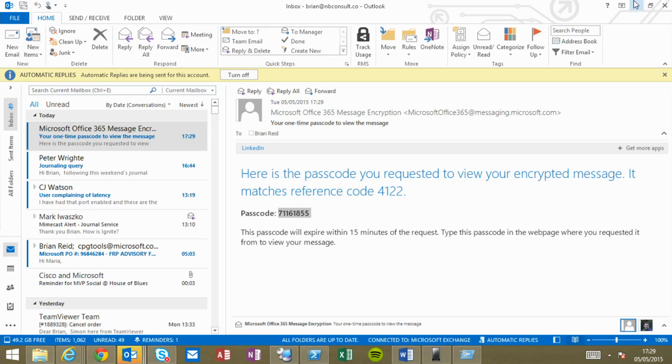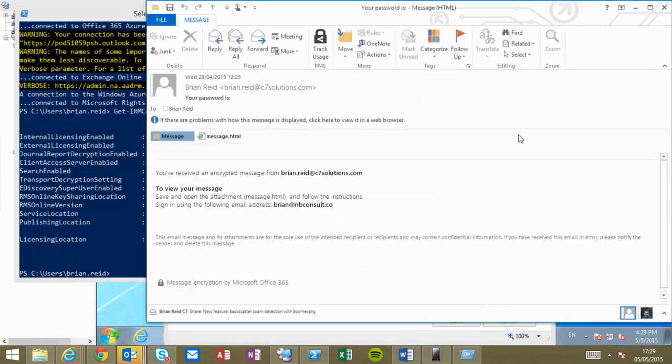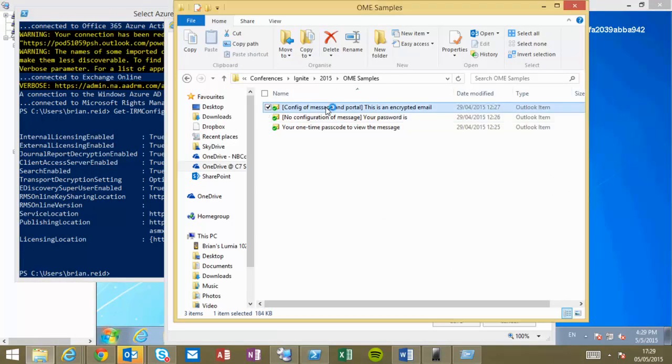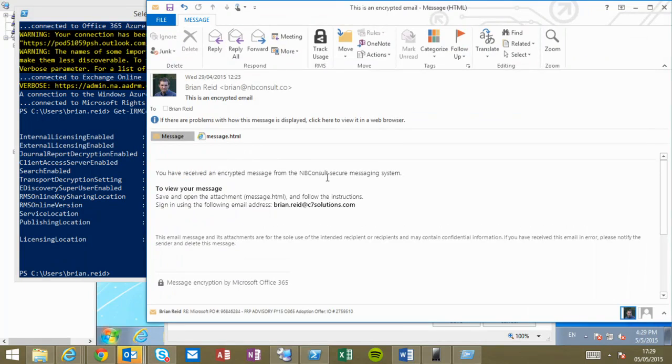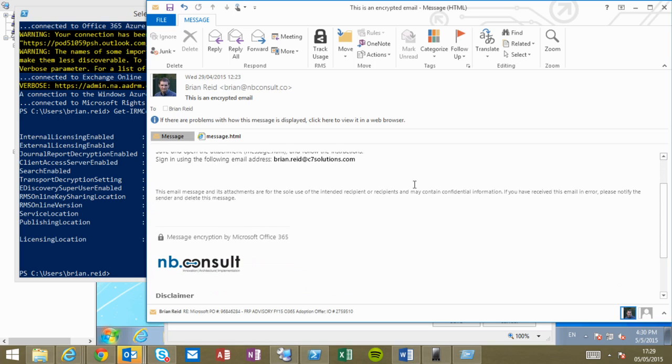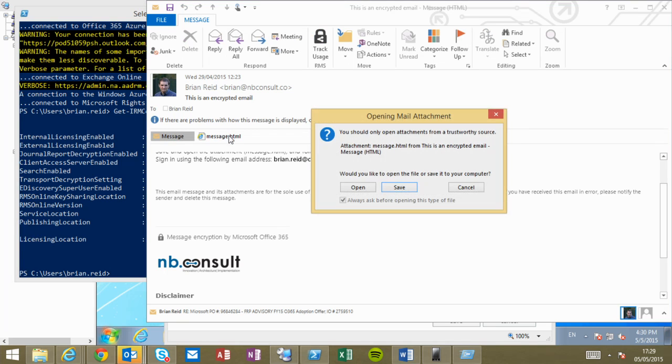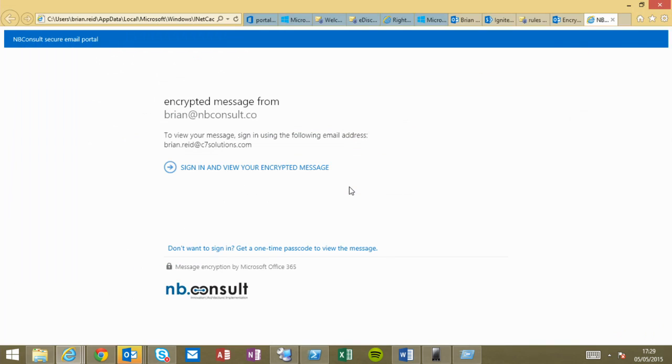I've also got the ability, let's minimize those screens, let's close that one and open this one, to configure the portal. And you configure the portal in PowerShell, but I can do things like, you've received an encrypted message from the NB Consult secure messaging system, and I can add a logo to the bottom as well. So I've got a little bit of flexibility in how I can customize both the email and the notification message